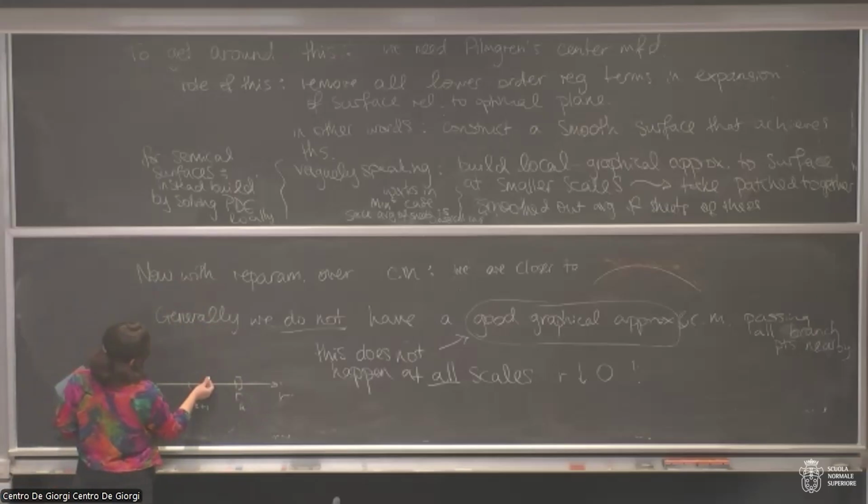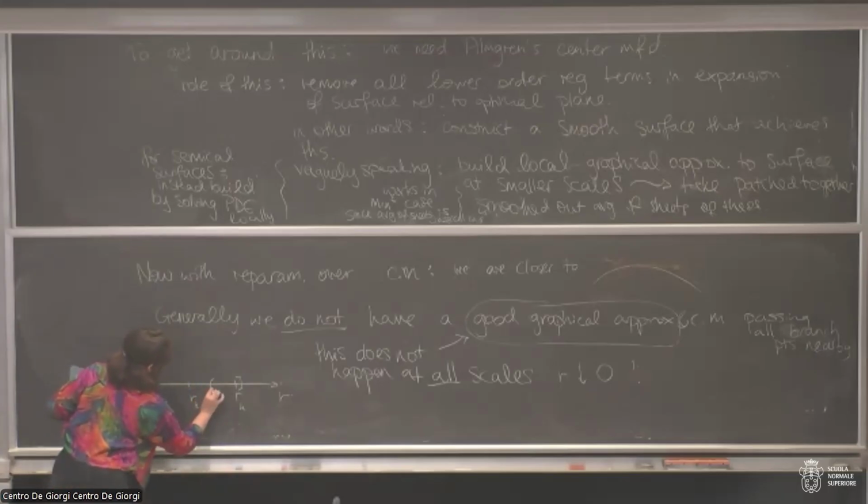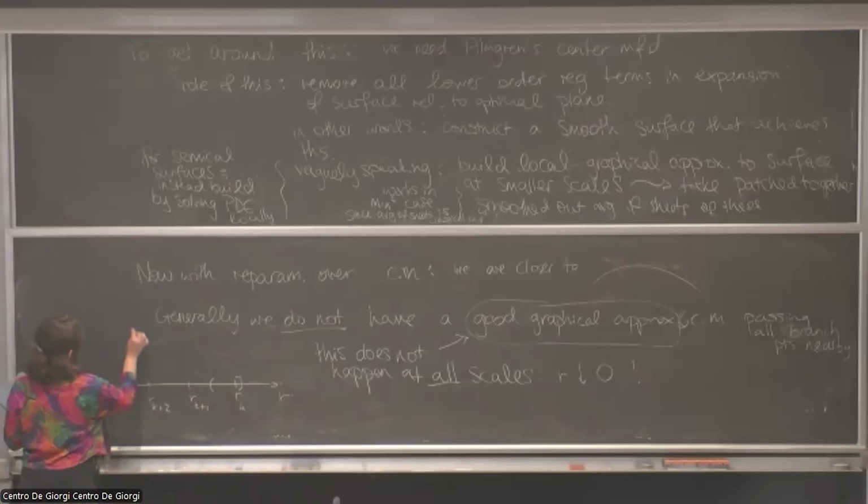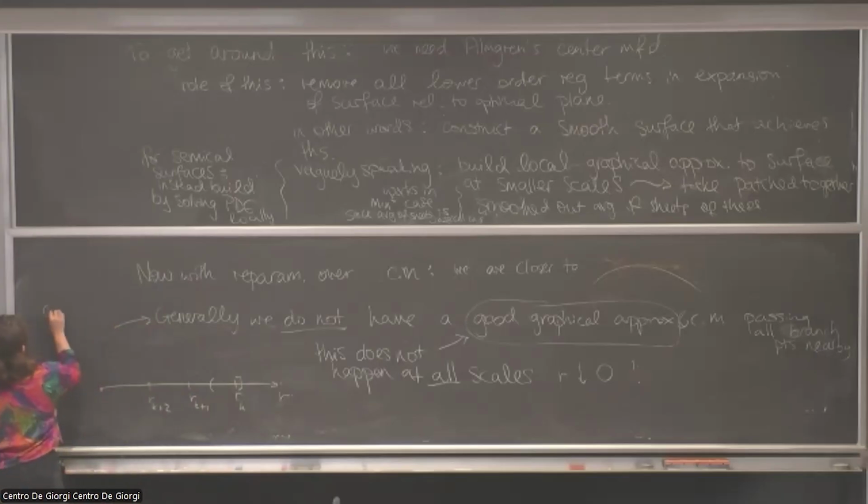And the point is that it will work well for as long as that graphical approximation and that center manifold are working well for you, which generally you have to stop at some point. And the only way that you wouldn't stop, you could only keep going